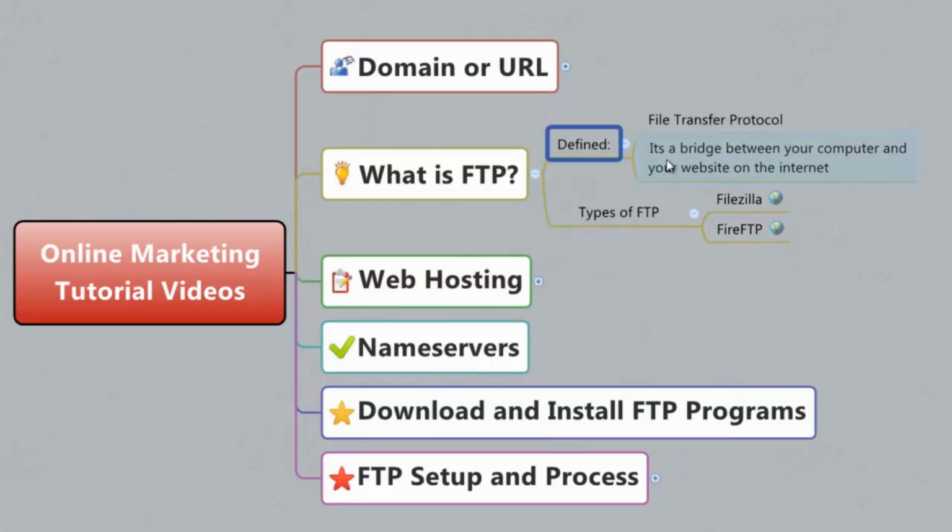And just remember, File Transfer Protocol is a bridge between your computer and your website on the internet. Without that bridge, we can't get those files over to your domain name. So we want to make sure we have those all set up, and we're able to use our FTP a little bit later, because in the next video we're going to talk about web hosting. Once we have our web hosting, then it's time to start sending some files over to set up our business,